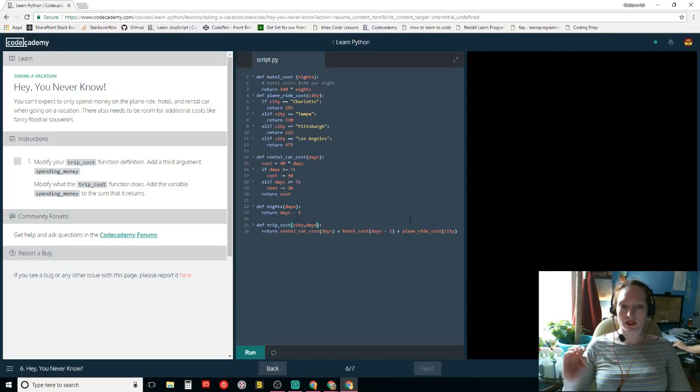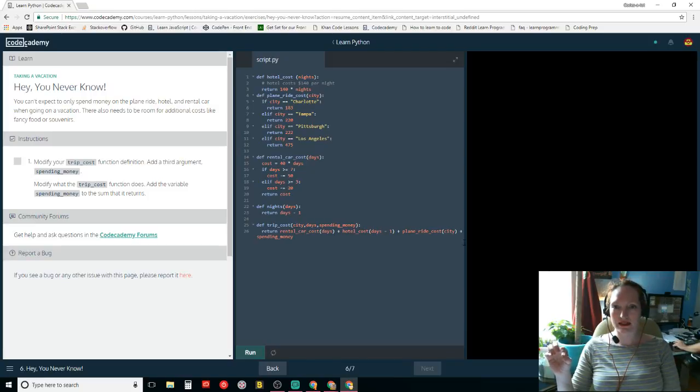Third argument would be in here, and it would be spending money. So we would need to define spending money. Now we'll define spending money as like per day kind of thing.